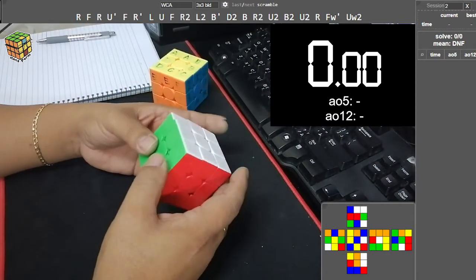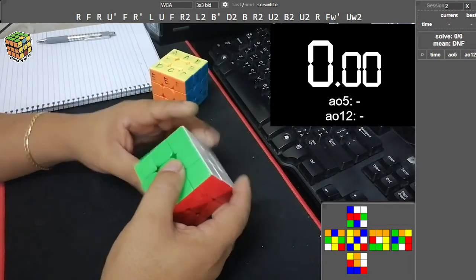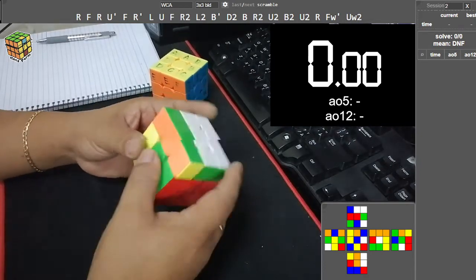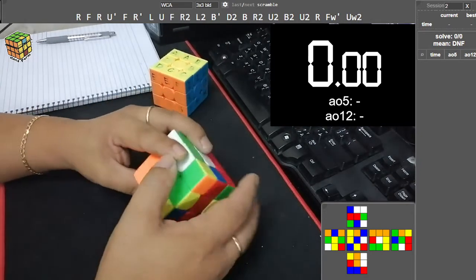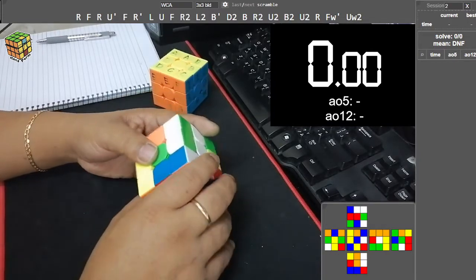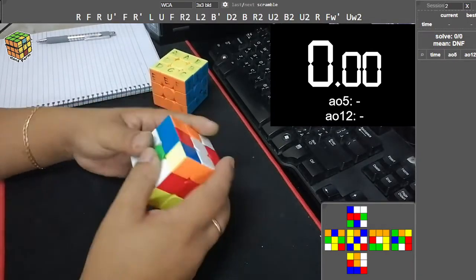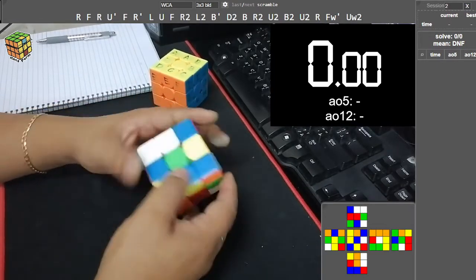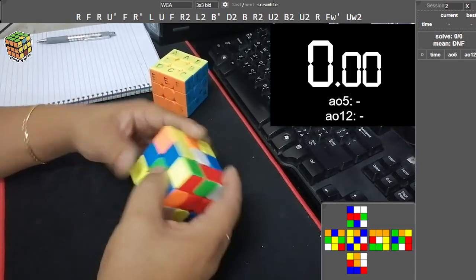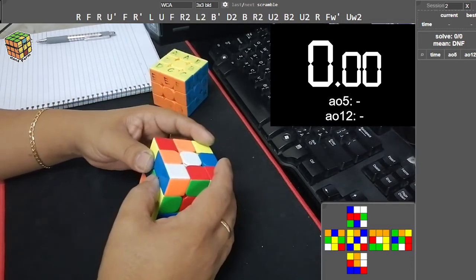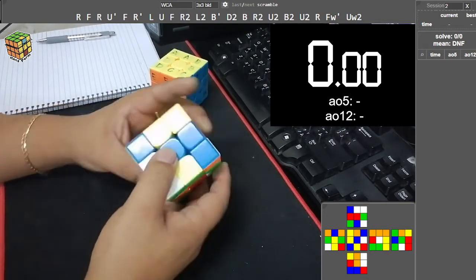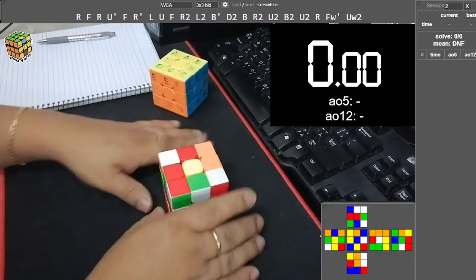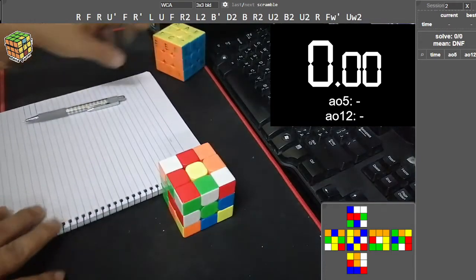This would be L prime, U prime, R prime, F prime, 2, B prime, L prime, D, L prime, R2, L, F prime, L2, F, U2, F prime, L2, D2, F prime, D2, R2. Oops, I think I did not use the notation scramble there on the top. But anyhow, no problem. Okay, so what we will do first is